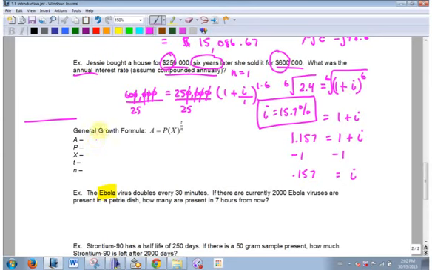Okay? So A again is the future amount. P, there's no principal here, it's not money. So it's the present value or present amount if you want. X is growth, or maybe it's decay factor. Okay, and if we're talking about half-life, then obviously that's decay. T is the time,